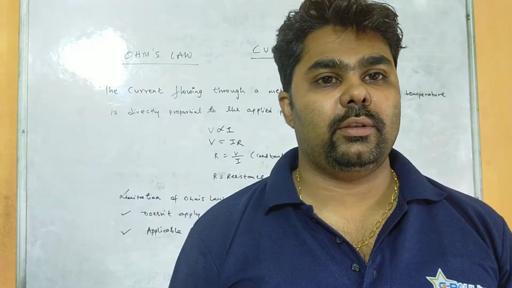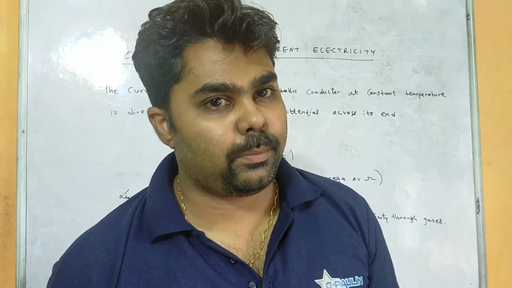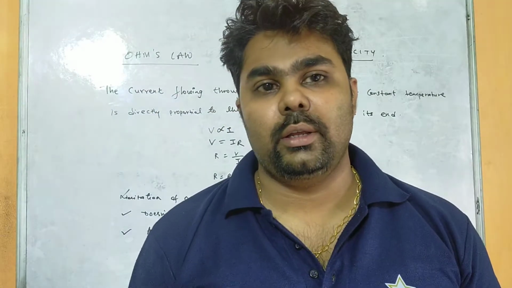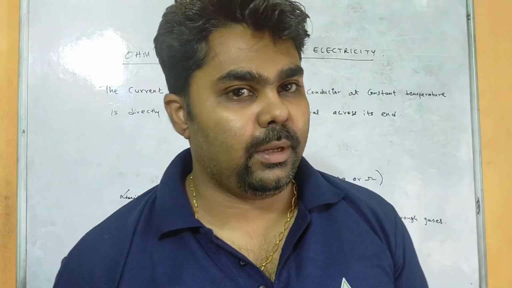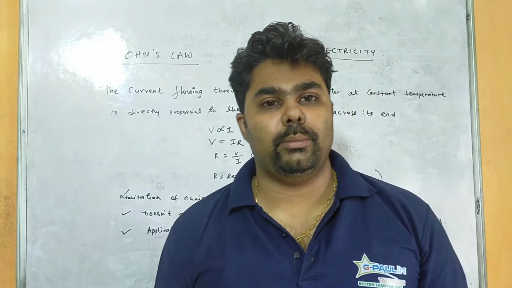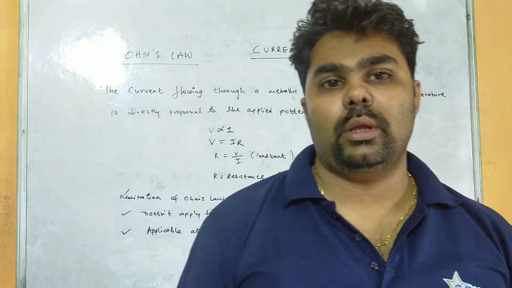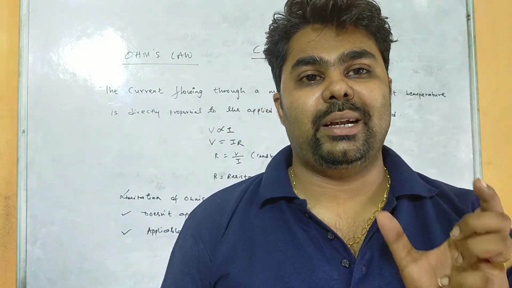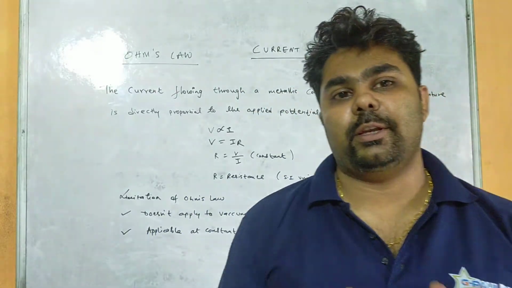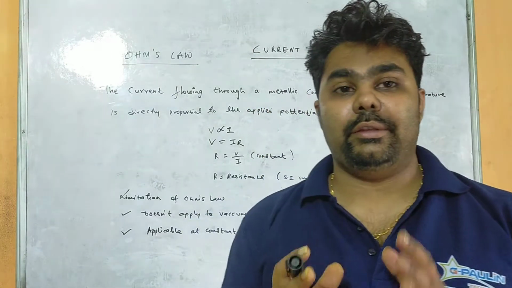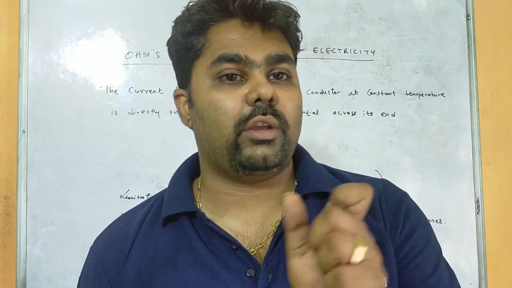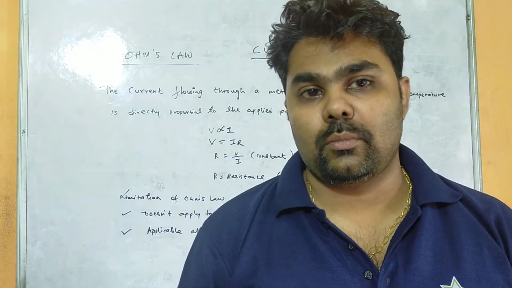That means we can say when one coulomb of charge is passing through a metallic conductor in 1 second, then we say that 1 ampere current has been passed through that conductor. Now we know whenever a current passes through any metallic conductor, that metallic conductor offers an obstruction to the flow of current. That means there is a term called resistance. A resistance is produced when current tries to flow or charges try to flow through the conductor.